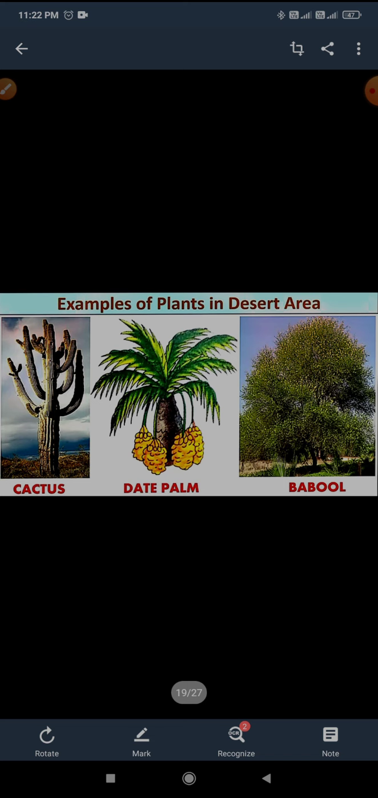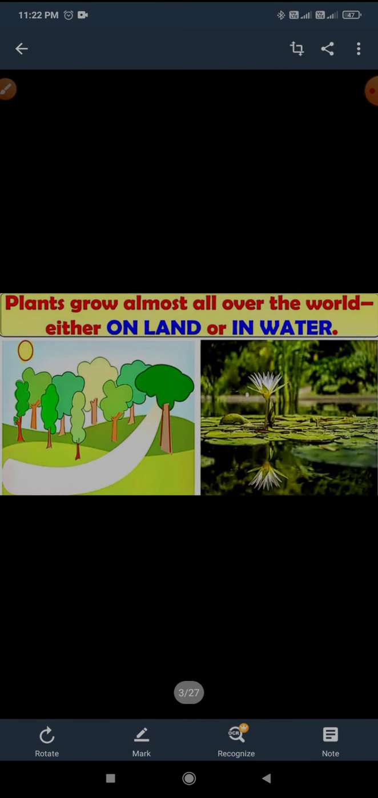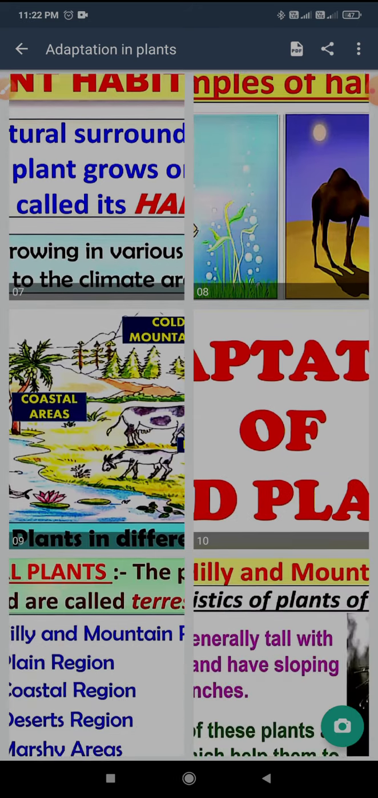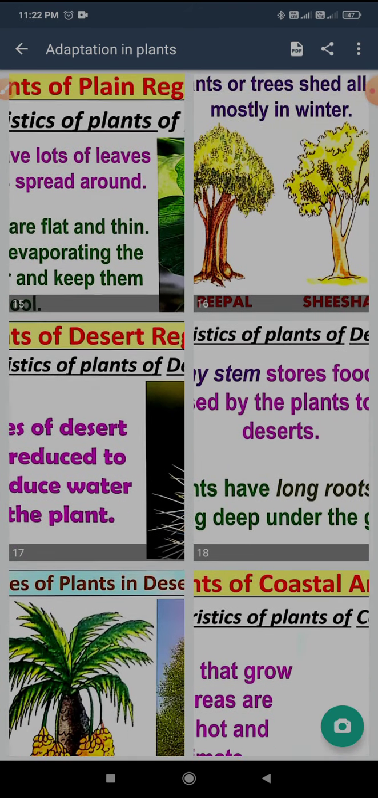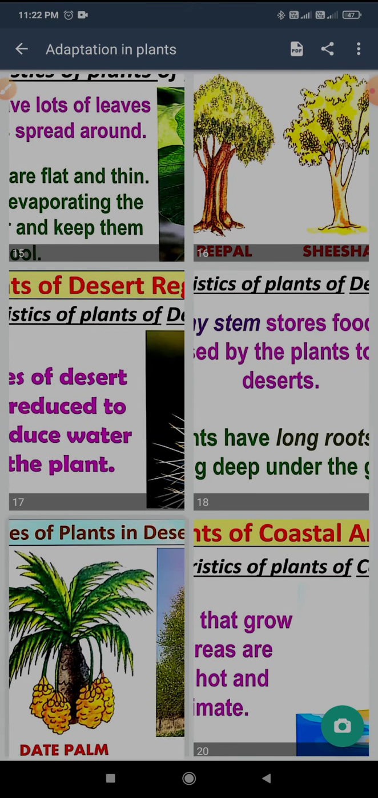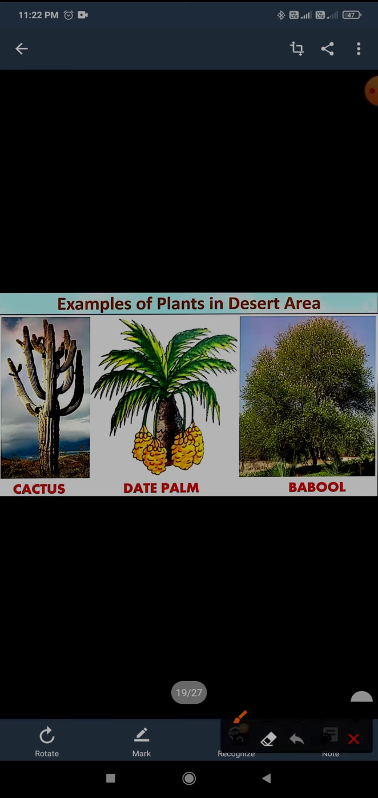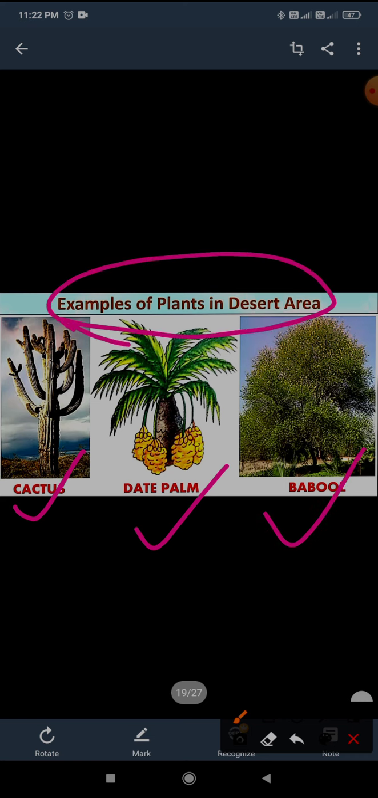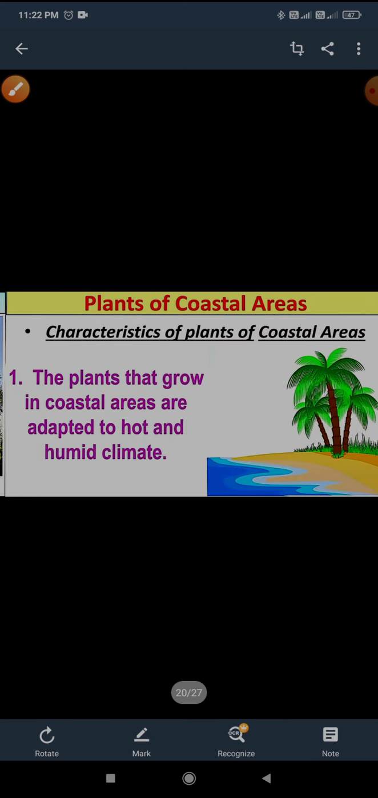First it is cactus. Second is date palm and babool. These are all examples of the plants in desert areas. Now the next,